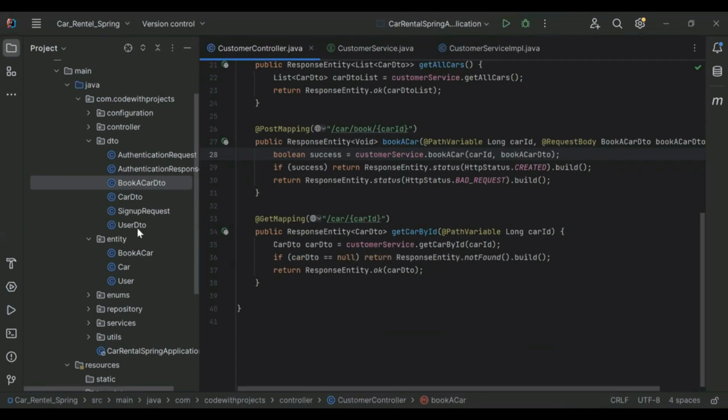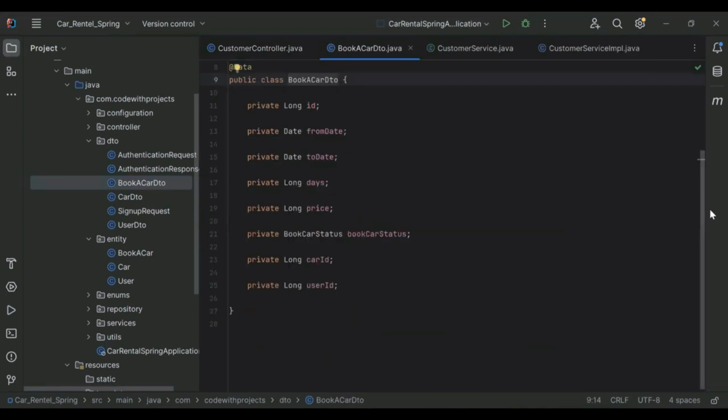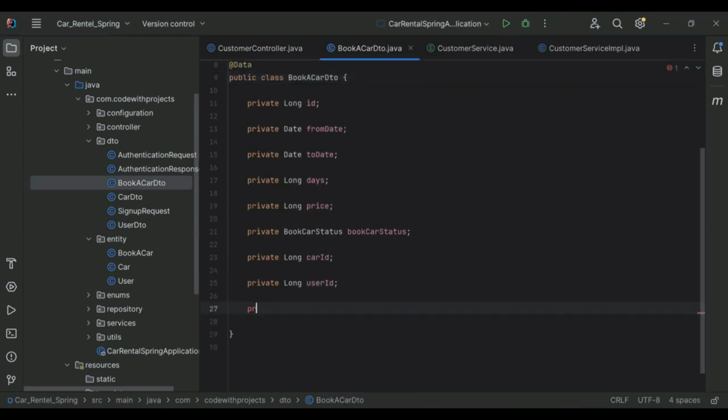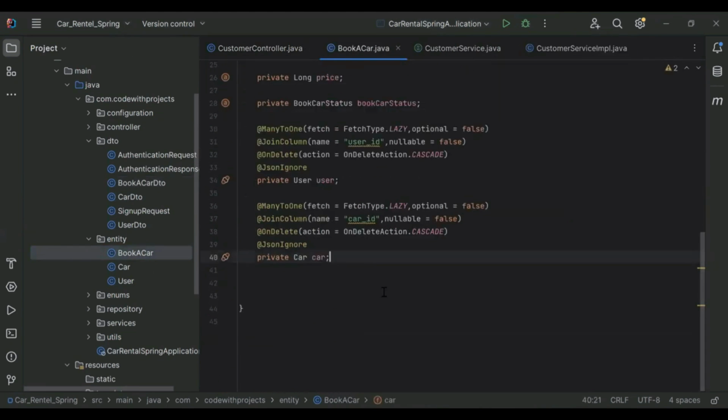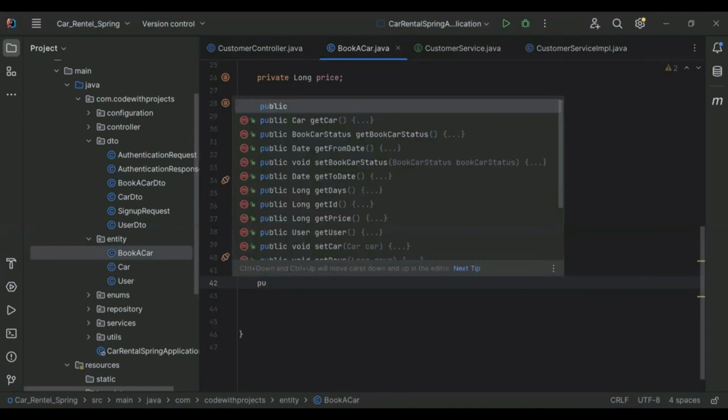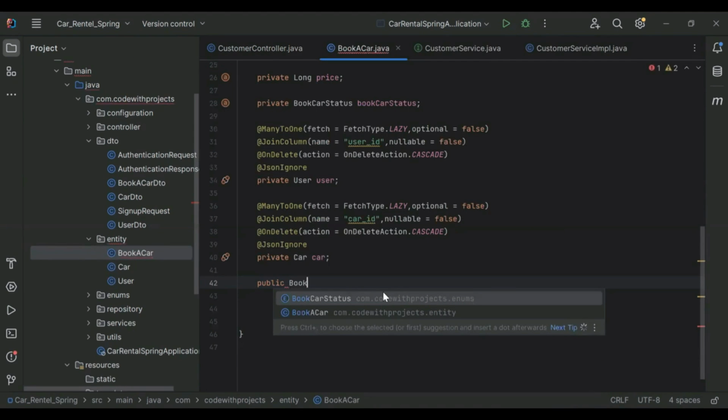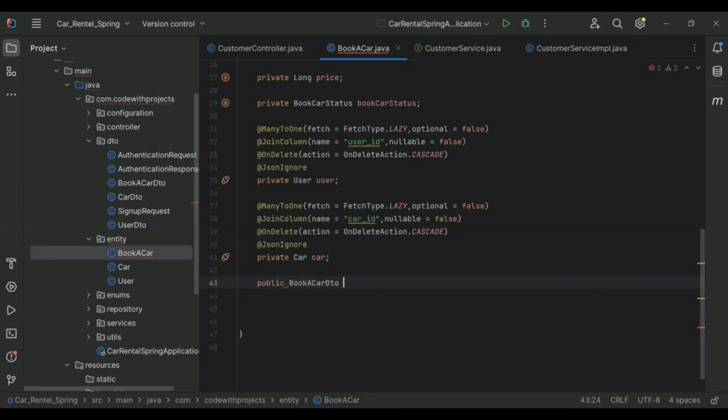So let's go to our BookACarDTO class, and here I'm going to add a few more properties, that is private String username, private String email. So let me close this. Let's go to our BookACar entity, and here I'm going to create a new method, and it will be public, and the return type of this method is BookACarDTO, and the name of the method is